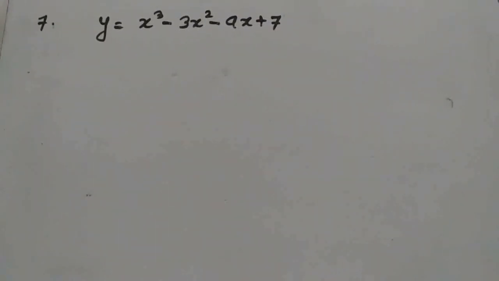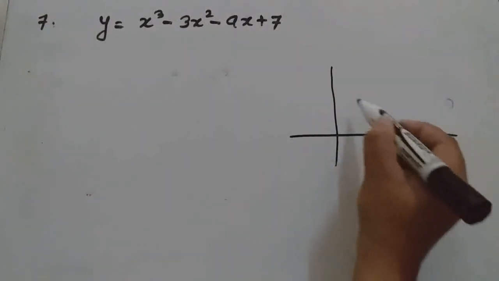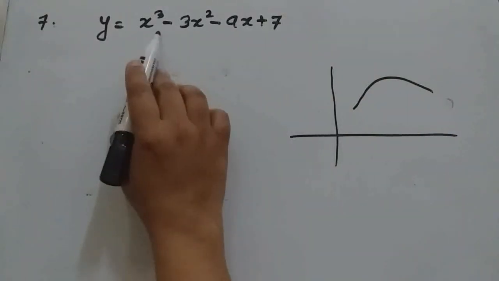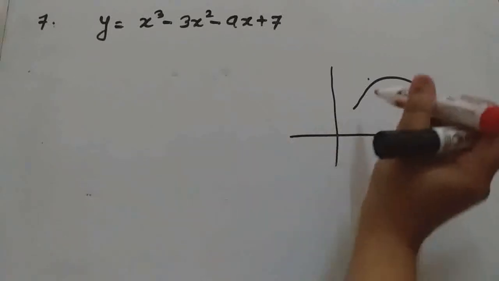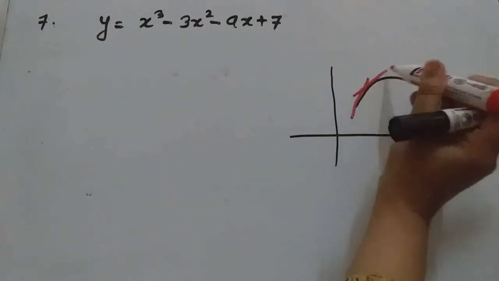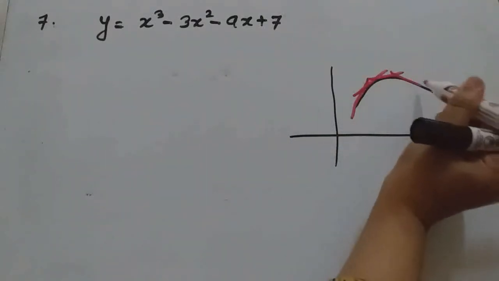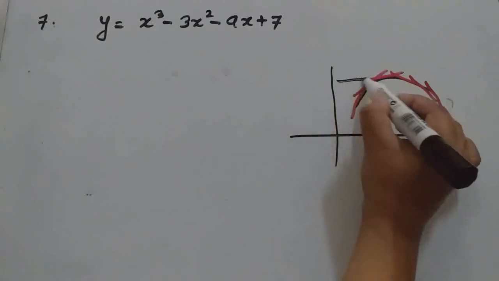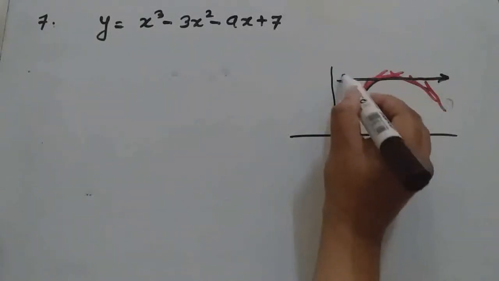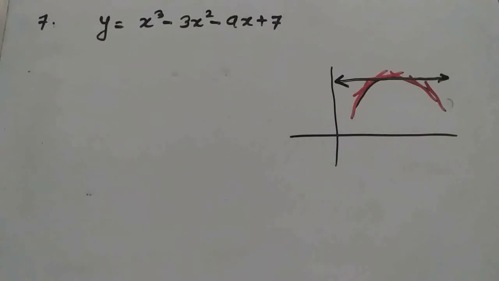Question 7 is find points at which the tangent to the curve is parallel to the x-axis. Now see, suppose this is the curve given by this equation. Okay, so it will have many tangents from here to here. Suppose this one will be a tangent, this one will be a tangent, like this. So many tangents will be there, but one special type of tangent we should find which is parallel to the x-axis. Now if the tangent is parallel to the x-axis, what will be the slope of this line? 0.